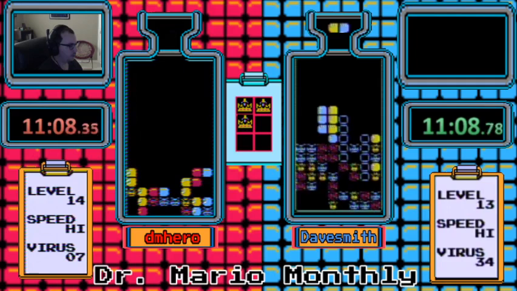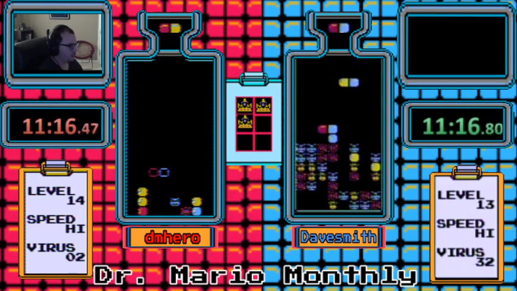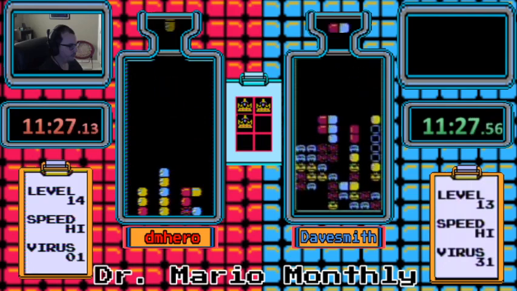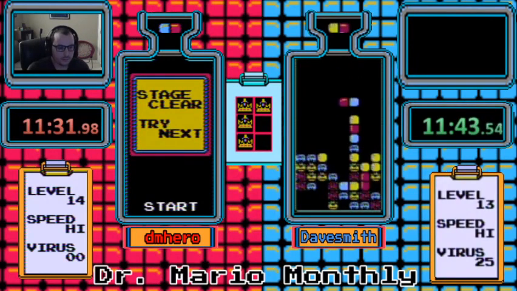But right now, just about a half dozen viruses remaining for dmhero. dmhero now down to 5 viruses, now down to his last 4. With that double clear, he will be punching his ticket to the championship match. Just needs one more red, and at about 11:30, he's going to do it. dmhero is your other finalist, and he'll be taking on Dimwit in our championship match, another best of 5. Dave Smith just got hit with, I don't want to say a cascade of misdrops,